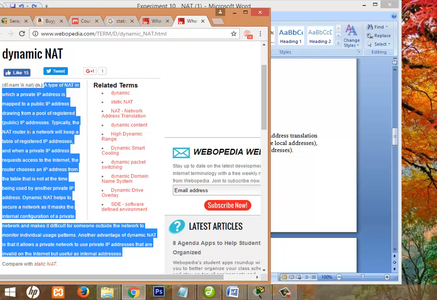A type of NAT in which a private IP address is mapped to a public IP address drawing from a pool of registered IP addresses. Typically, the NAT router in a network will hold a pool of registered addresses. And when a private IP address requires access to the internet, the router assigns one from the pool. Okay, so as you can read from here, the main difference in the case of dynamic NAT is